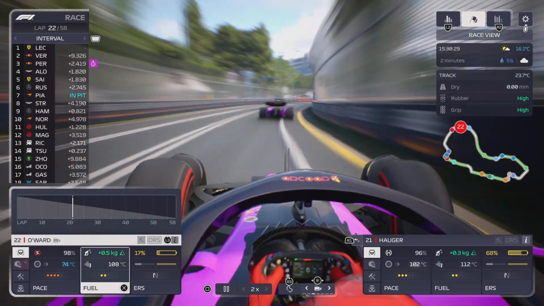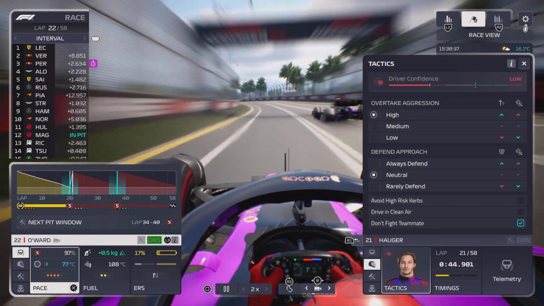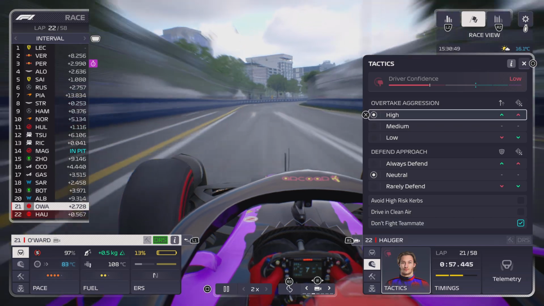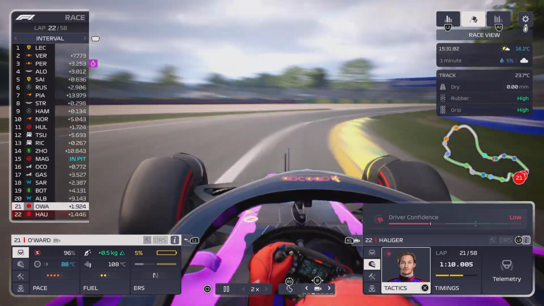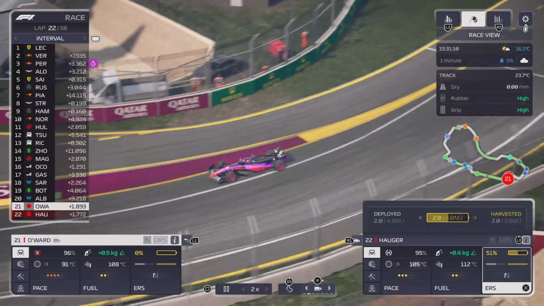No. Helga, mate, let your teammate through. Let him through. Just don't, for heaven's sake. Go medium, because I need you to stay behind him, not overtake him. Anyways,